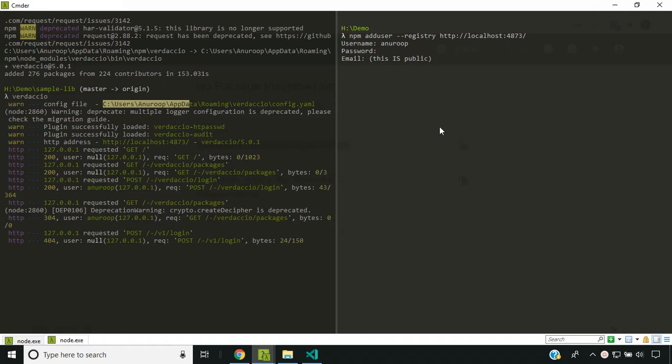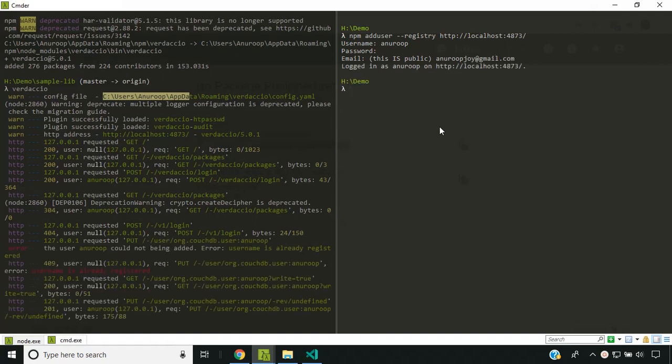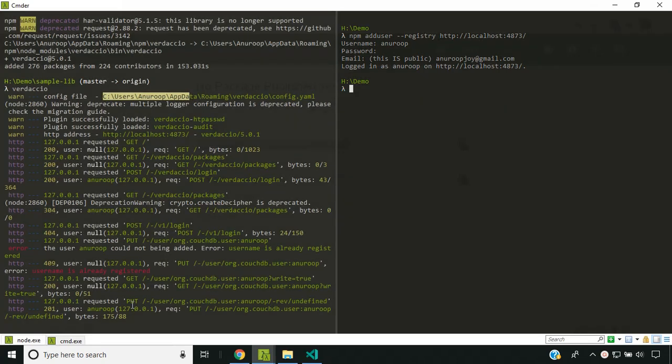You can provide anything, and the email ID also you can provide something. And now we have logged into the npm registry. Here you can see that since the username is already there, it is giving an error. In case of a fresh user, it will not show this error.